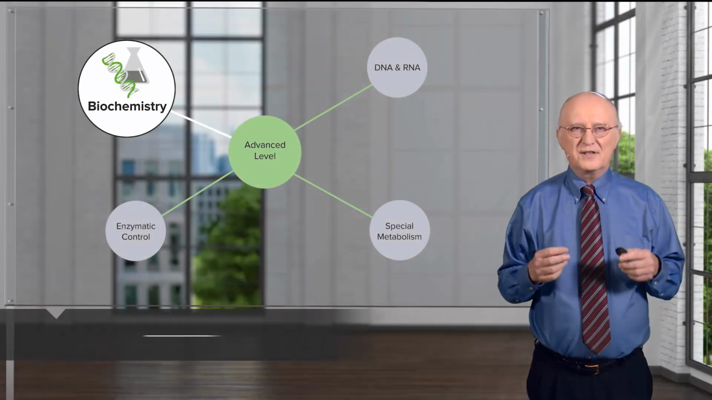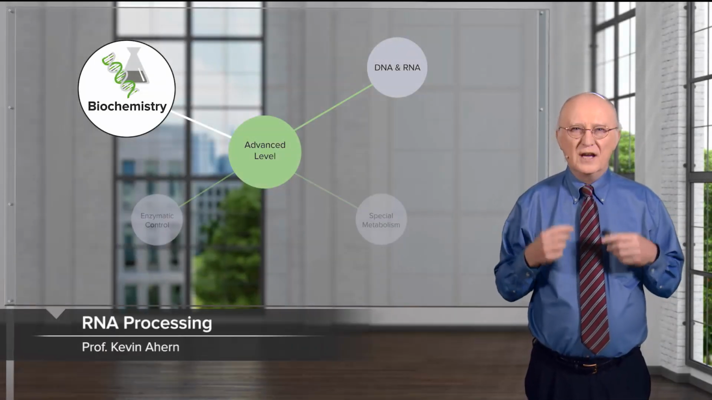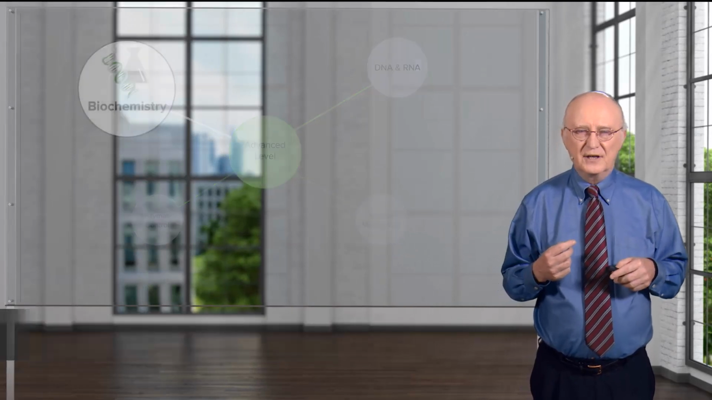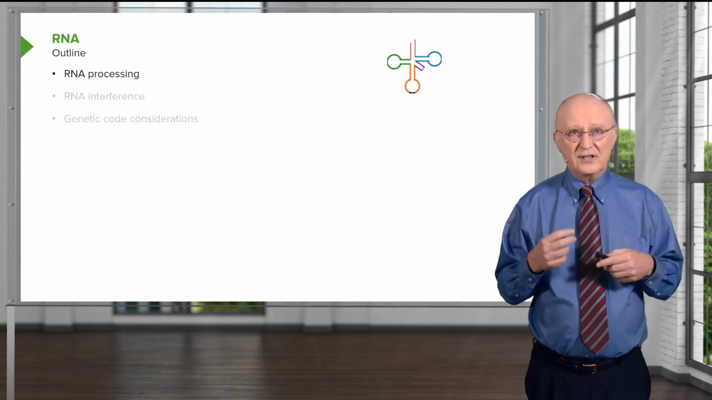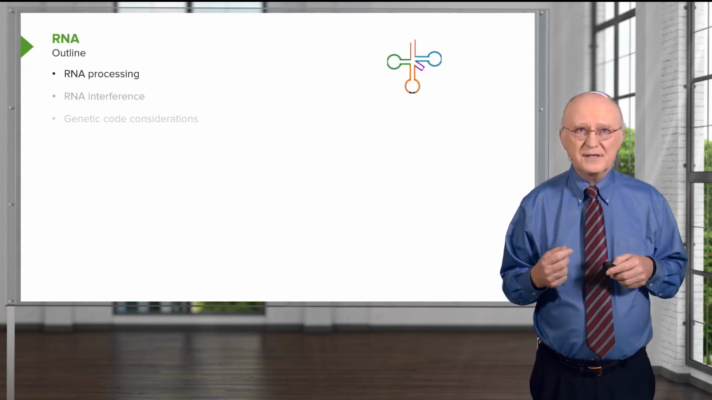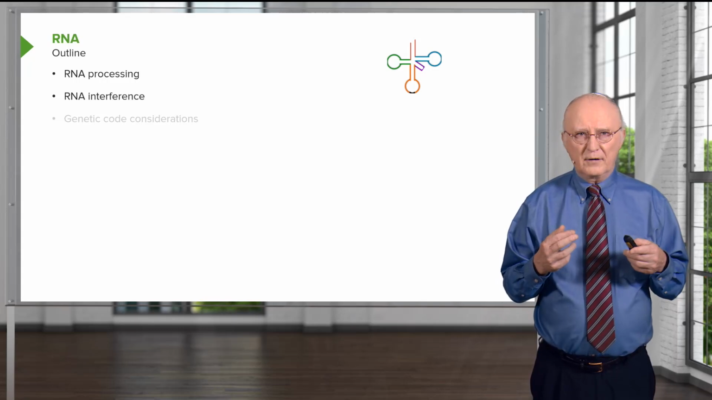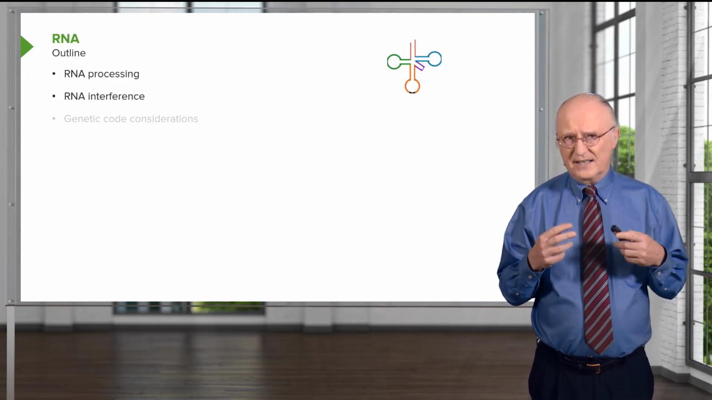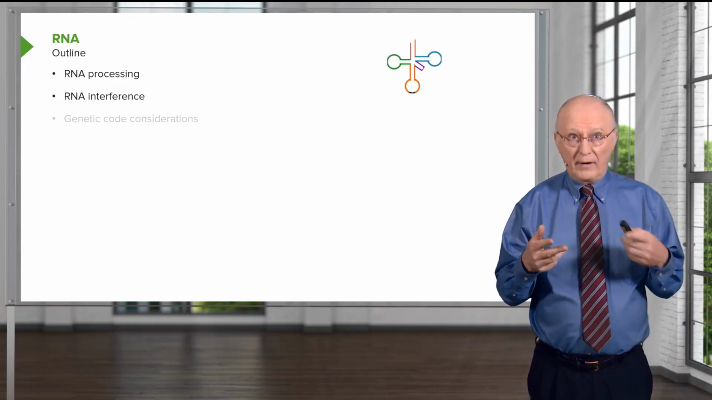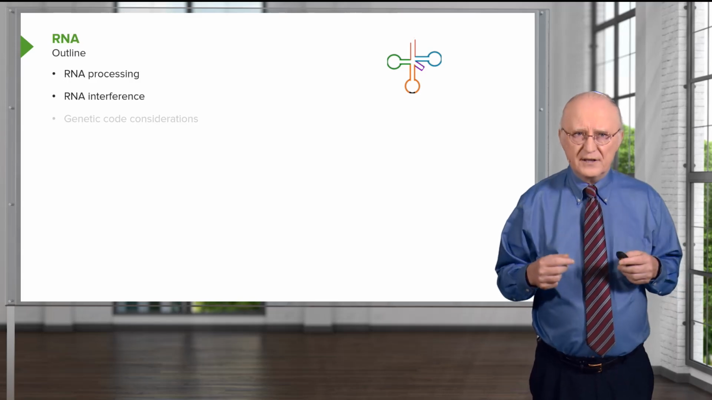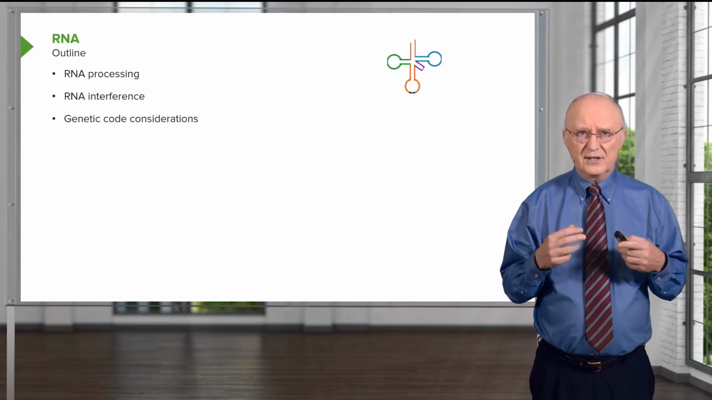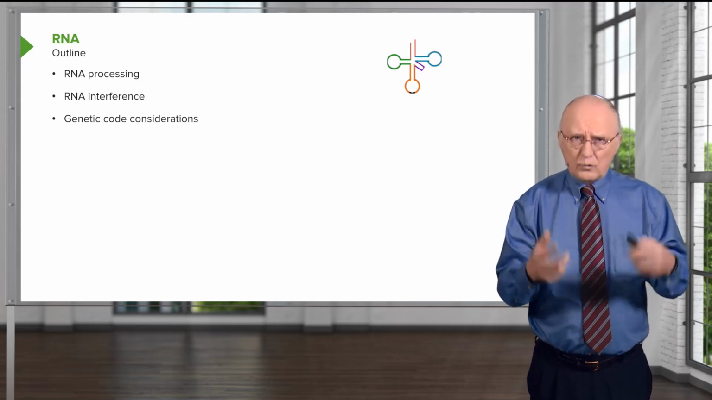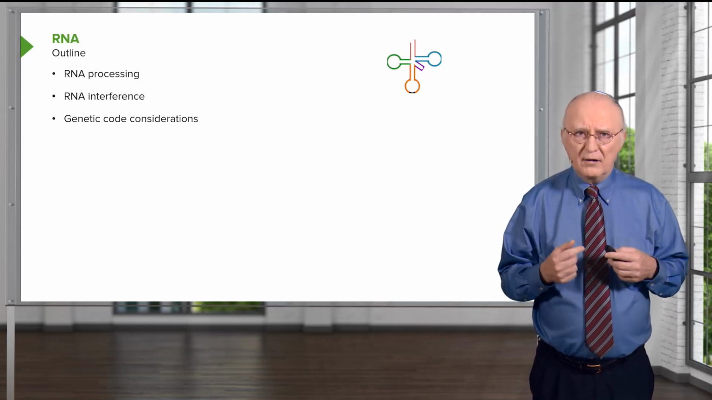The forms and functions of RNA are incredibly diverse, as we shall see in this presentation. In the first part, I'll talk about the processing of RNA and how RNA can actually help process other RNAs. Then I'll talk about RNA interference, an important process that exists in eukaryotic cells whereby RNAs, again, help to control the synthesis of other RNAs. And finally, I'll talk about genetic code considerations, which will include how transfer RNAs are best prepared for the process